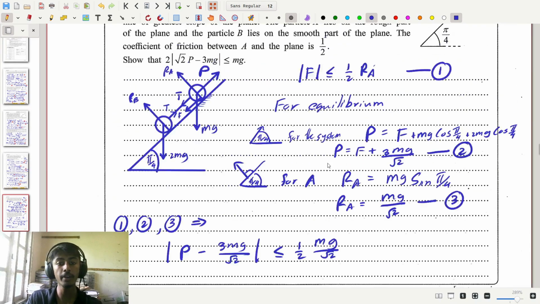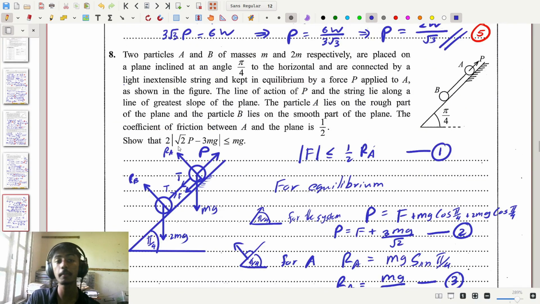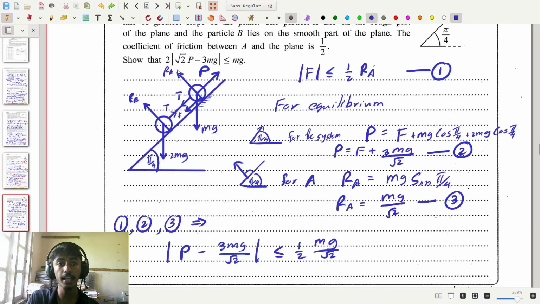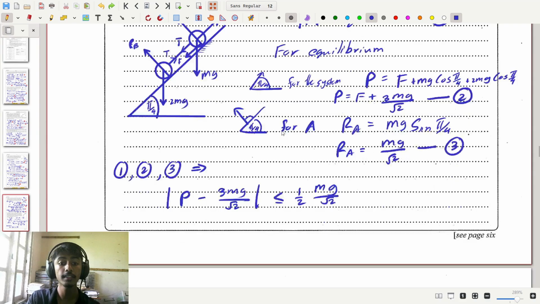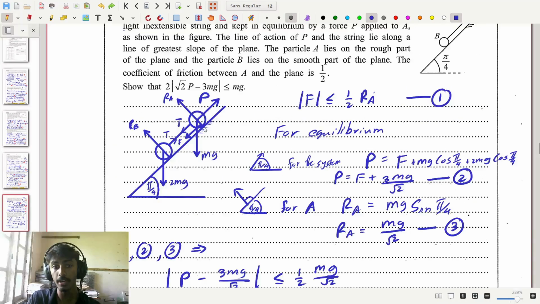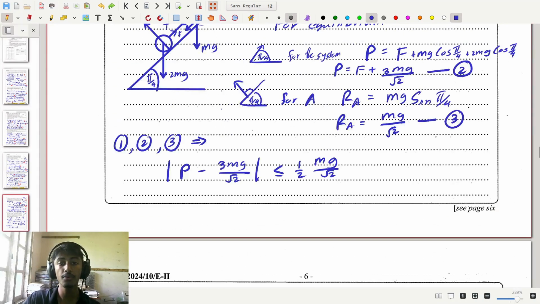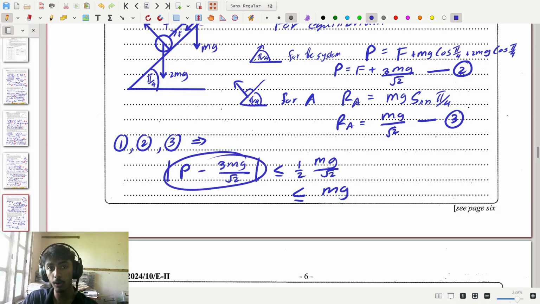Now, to simplify this down and get what we want up here, I have to multiply everything by 2 root 2. We can see if we do so, then on the inside we can have a root 2 times p, and on the outside we can have a 2. So therefore, I'm going to multiply everything by 2 root 2, the denominator here. Doing so, I can see since 2 root 2 is positive, on the right hand side I get the same exact inequality and mg, but on the left hand side I get 2 root 2 times this whole thing,